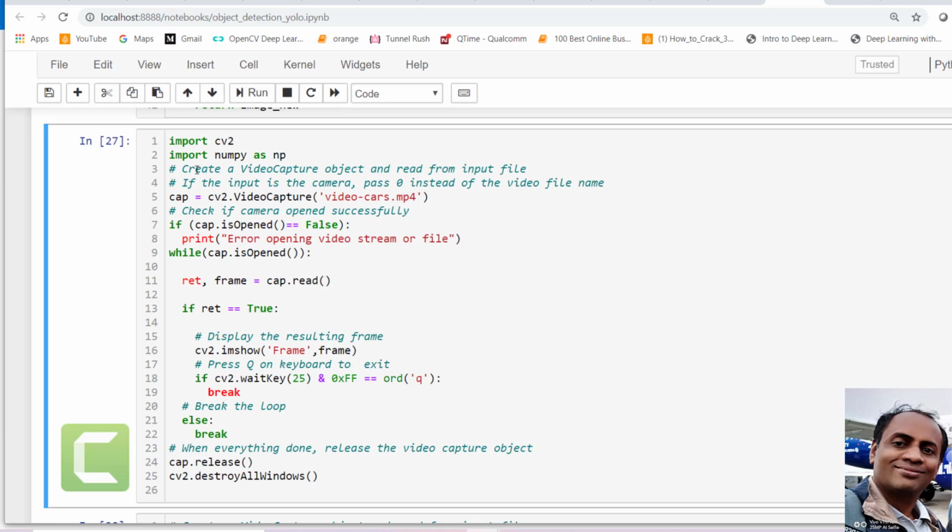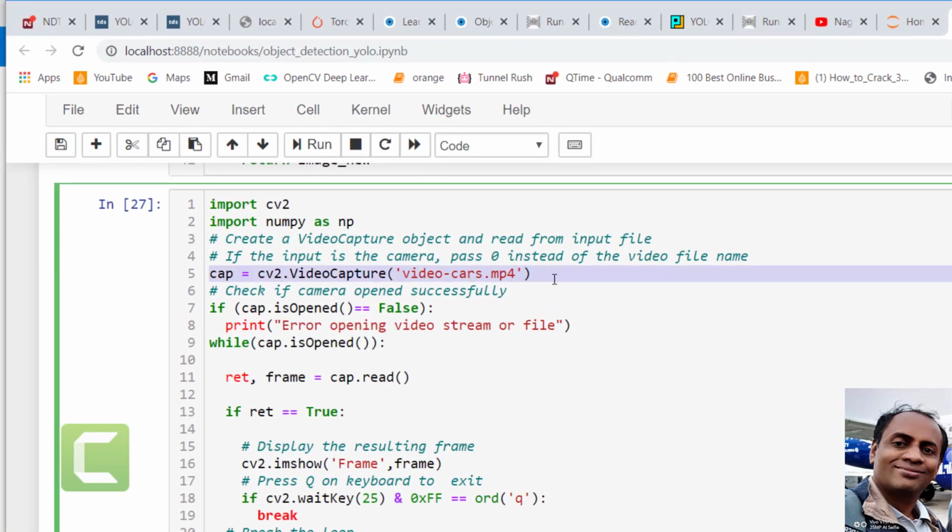So this is the place where I'm going to read the video file with cv2.VideoCapture and just give the video file name. Currently I put it in the same directory as this program, so I don't need to give the full path. Otherwise you can give the full path here. That's very easy, guys. Then it produces a handle to the video file. Then I will go through the handle in a while loop.